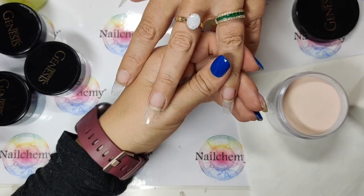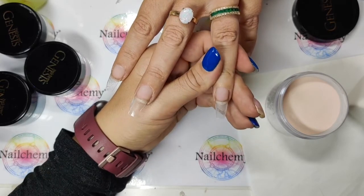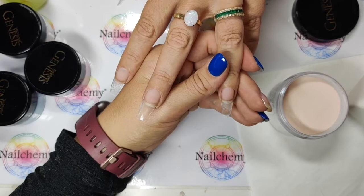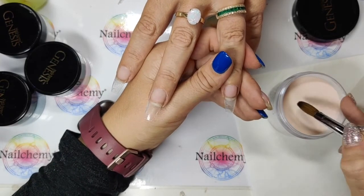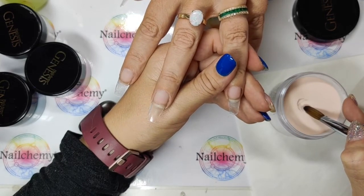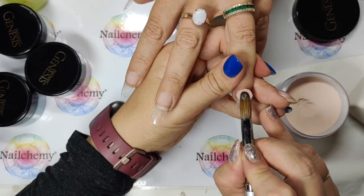So there's two different ways that you can do this. You can do it in one bead or in two beads or in three beads. If it takes you three beads, that's fine. So I'll show you on this nail with one bead. Obviously if we're doing it in one bead it needs to be a fairly large bead. So I'm going to pick up a nice big bead, place that up at the cuticle,